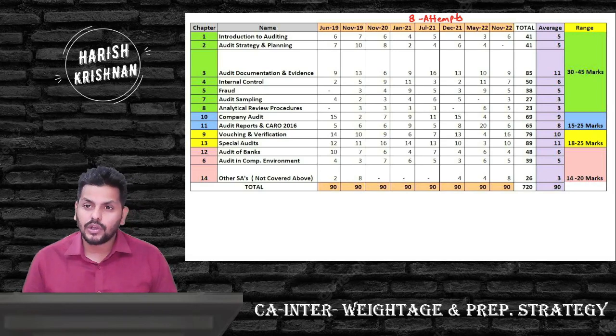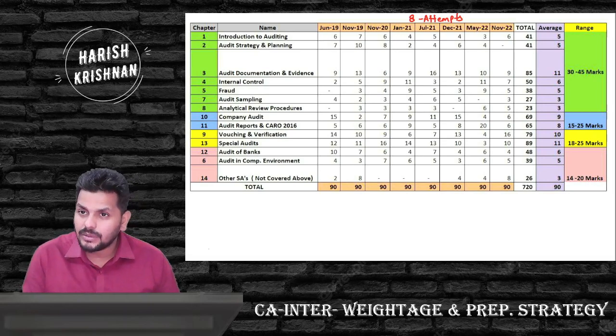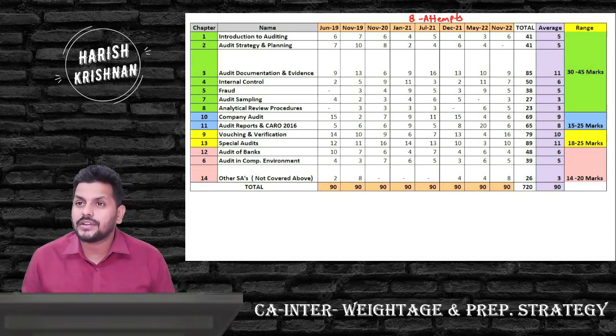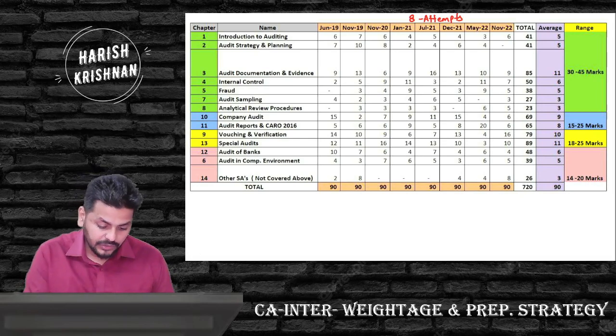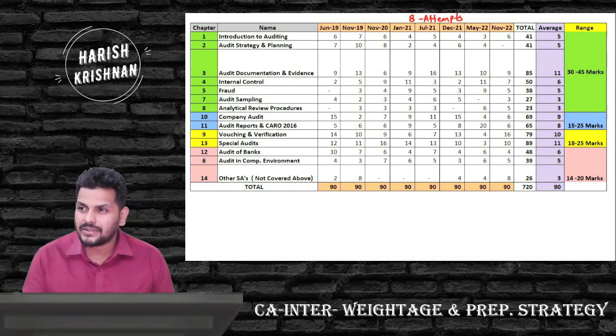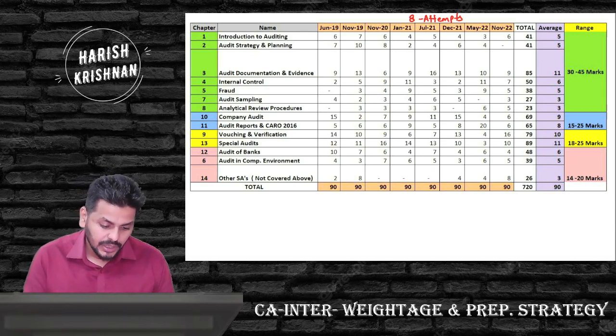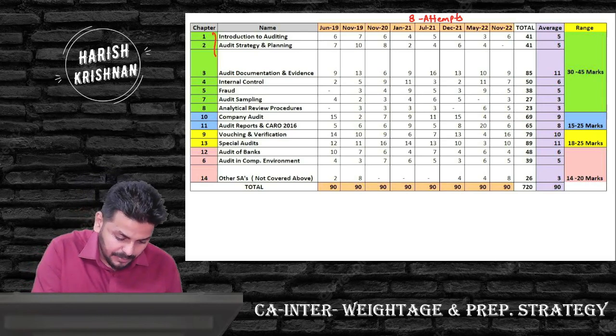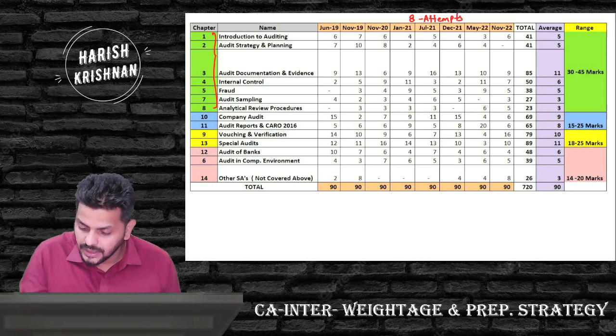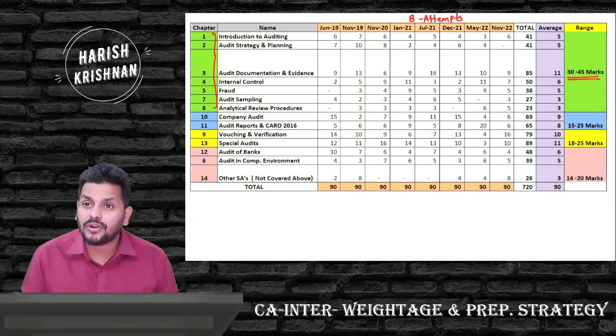So first, I want all of you to understand that the entire syllabus has to be broken down into 4 parts. You can see the 4 colors that I've used there. The first one, green, ranging from 1 to 8. I've not included 6 there because 6 comes a little down because the maximum weightage about that is only 5 marks. So this is my first bracket where you can see the weightage is about 30 to 45 marks, ranging from the basics of auditing to analytical review procedures.